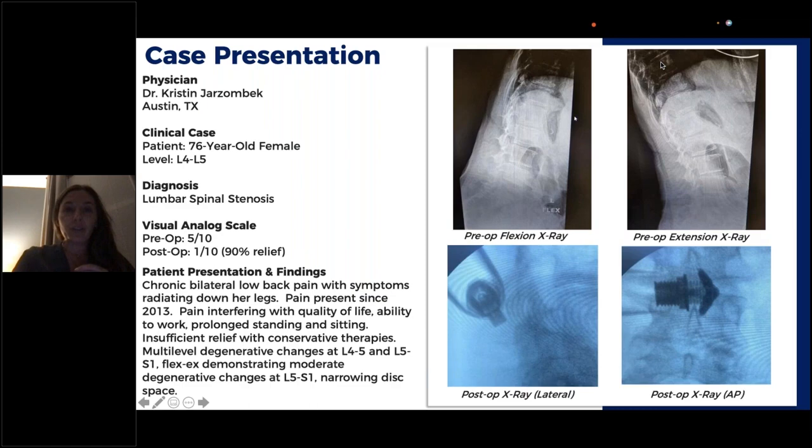When I saw her at her 2-week follow-up visit, she was ecstatic. She was like, this is the best I've ever felt. I haven't been able to walk more than half a mile without my legs hurting in months, years now. And May 2023 was the last time I saw her, and the last I heard from her was her sending us a Christmas card to our practice because she was so happy, and we haven't seen her since. So she's doing really, really well after her procedure.